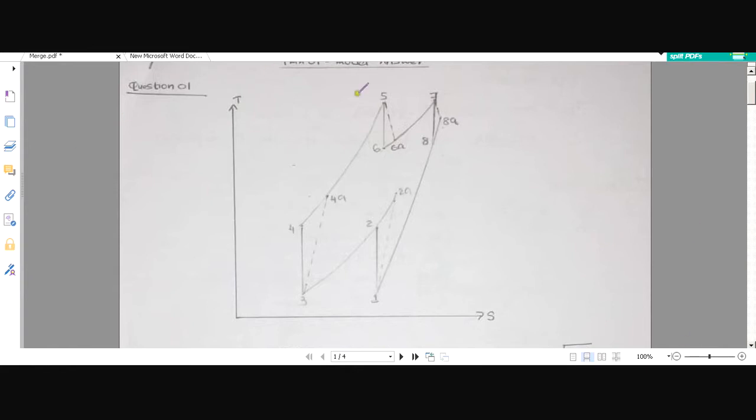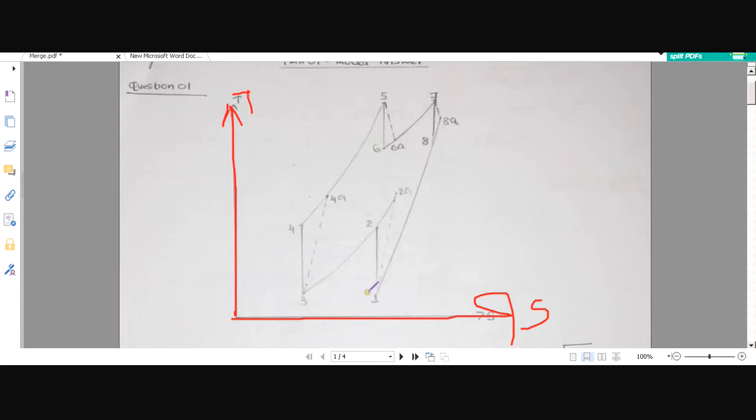So now here I have sketched the temperature and entropy diagram, the T-S diagram. You already have a very clear idea about how to sketch the T-S diagram and how to represent the compression processes, and also how to represent the turbine processes, like the adiabatic expansion processes for the turbines and the adiabatic compression processes for the compressors. Okay, so now let's go in brief, because there are a lot of things for us to discuss.